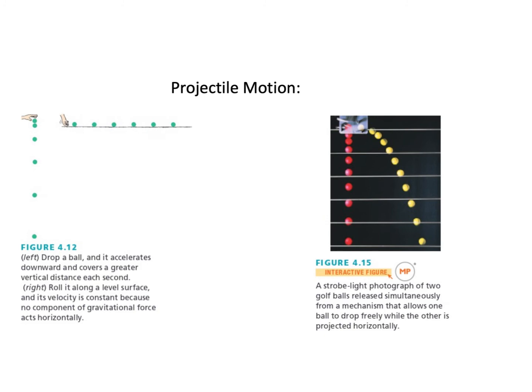Now, if you look at the yellow ball's side-to-side motion, each motion is the same distance over compared to the previous ball. And what that means is that this guy's basically going at a steady speed left to right, even as it's accelerating on the motion downward. And so you combine the left to right motion with the up and down motion, and you get this nice curved trajectory. And that's what most projectile motion looks like. You have this nice curved